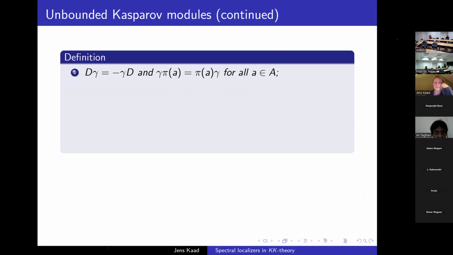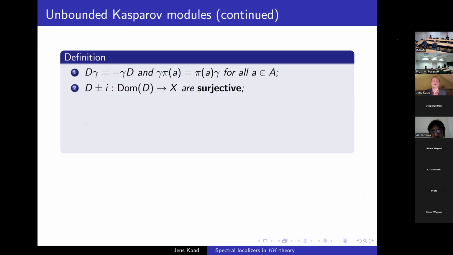The second condition concerns the self-adjoint unbounded operator D. And this is a condition that you do not really see if you were only working with Hilbert spaces. Because for Hilbert spaces, you're so lucky that the spectrum of a self-adjoint unbounded operator is automatically contained in the real line. That is not the case when you work with Hilbert C-star modules. So you have to put that as an extra condition on your abstract Dirac operator.